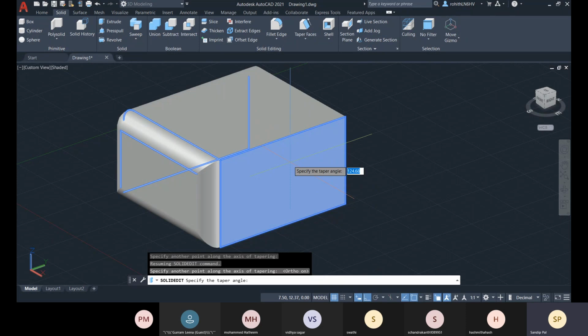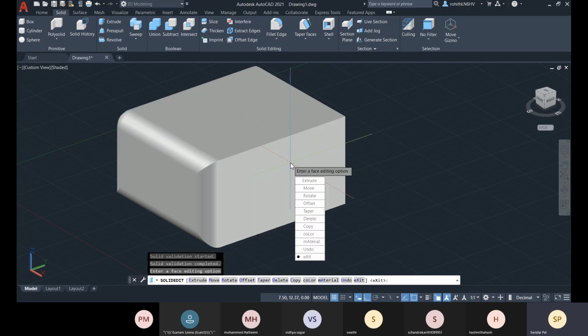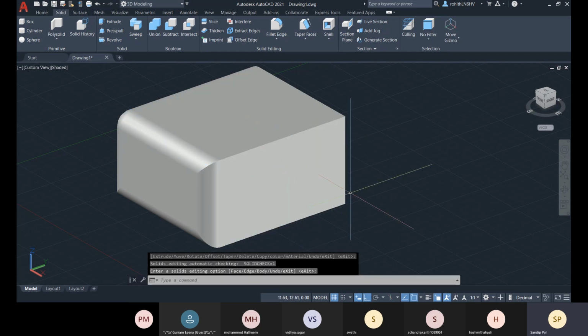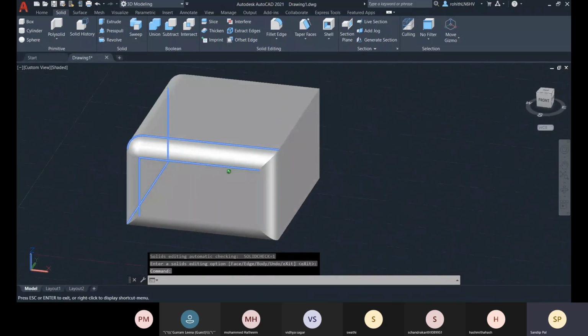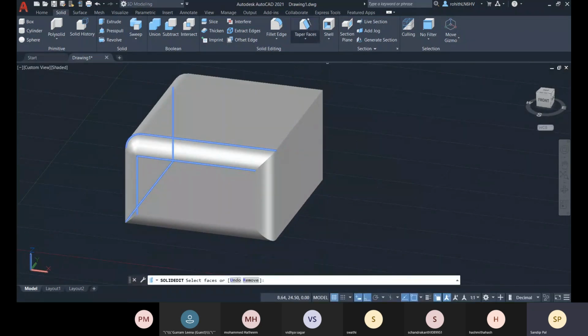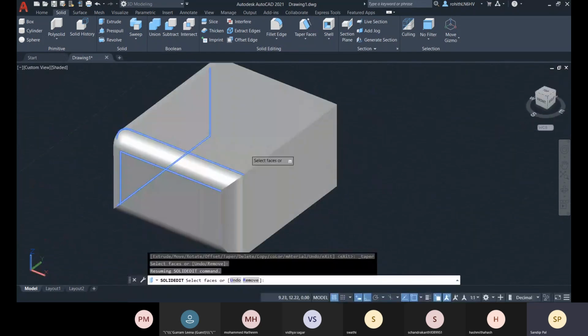So let me specify the taper angle like 15. Just a second. Let me select this. Need another box.